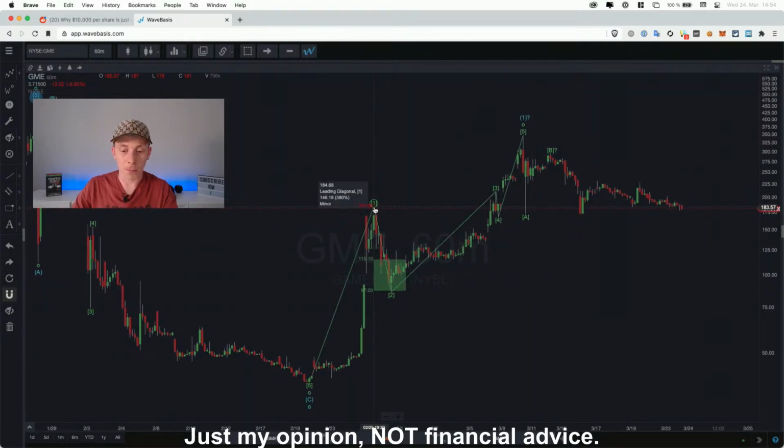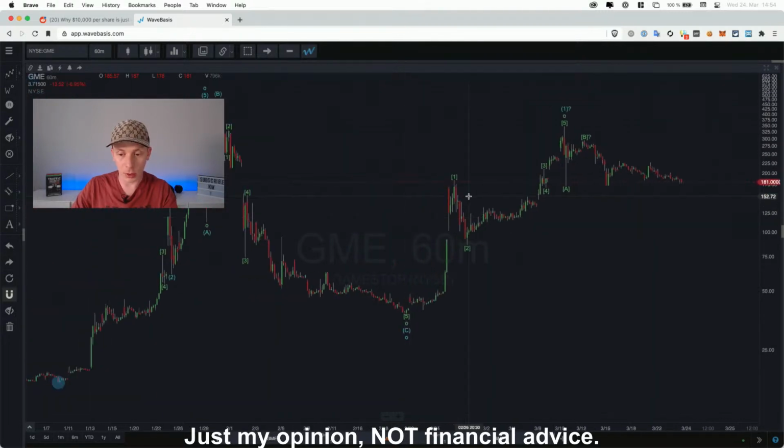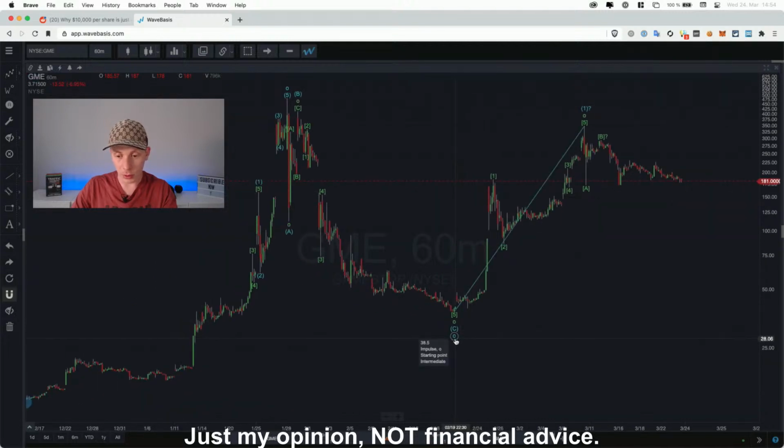because as we see here, the 1, 2, 3, 4, 5 also has violations, because 3 is barely higher than 1 and wave 4 basically retraces into wave number 1. So the waves, how they are labeled here, don't add up. And that's what we're going to focus on, basically. And we're also going to focus on,